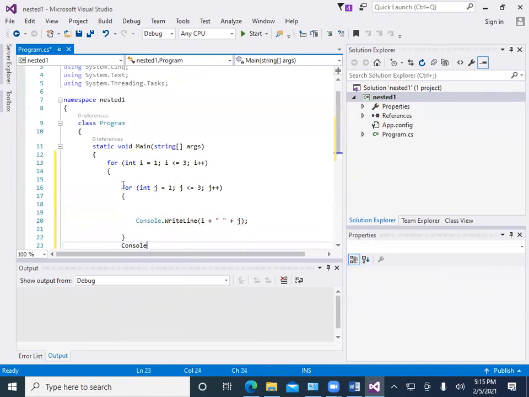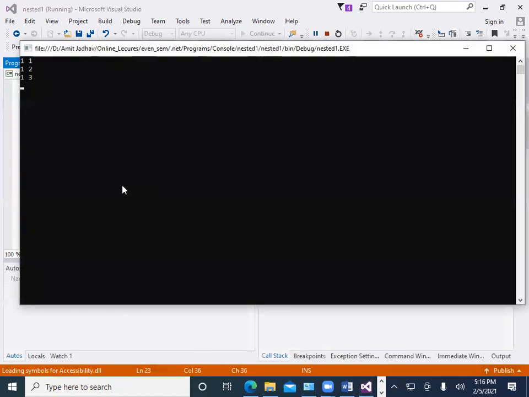And finally we write as it is console dot read line, and we run the program. So here is the output 1 1, 1 2 and 1 3.